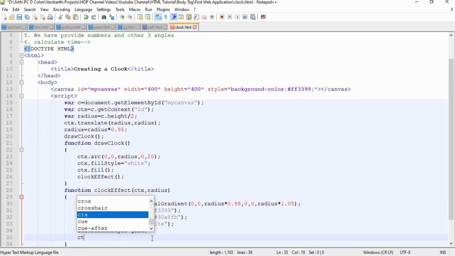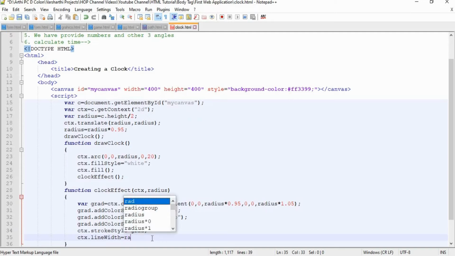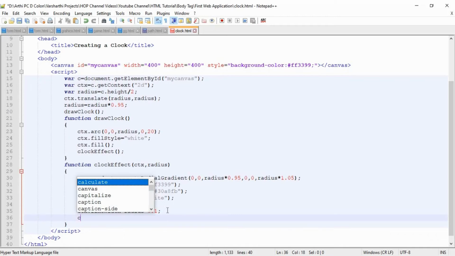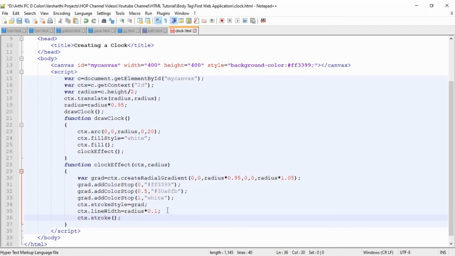After that, ctx.lineWidth, we can add the width for our circle. Finally call the stroke function. So now we have created a gradient effect for our circle. Just save and rerun your program.